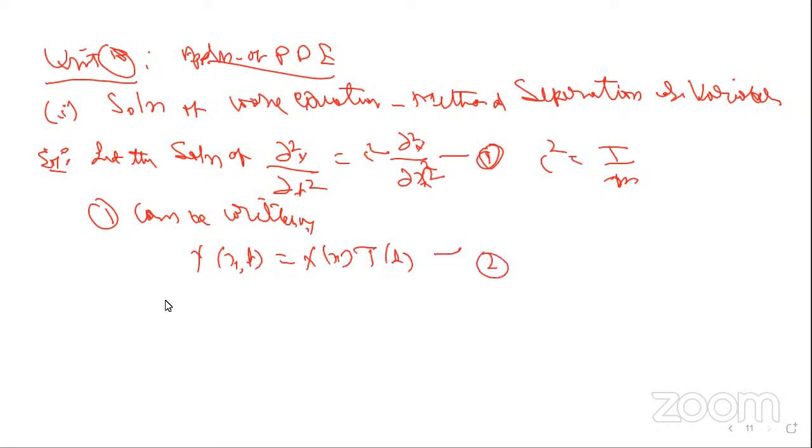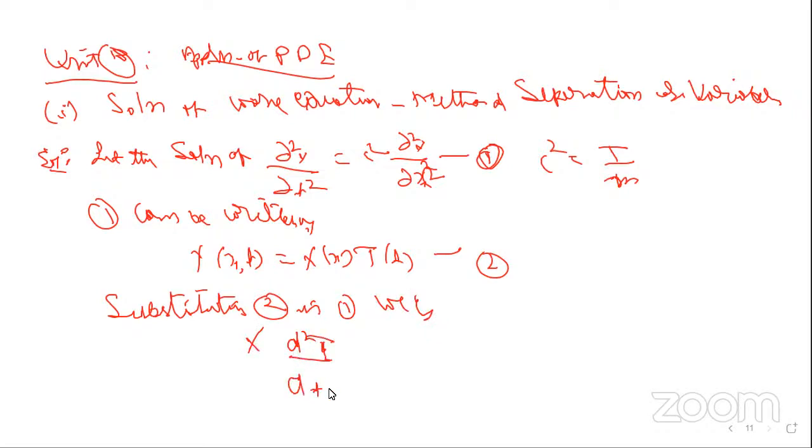Equation number 2. So substituting 2 in 1, we obtain capital X d square T by dt square equal to c square T d square X by dx square, or 1 by capital X